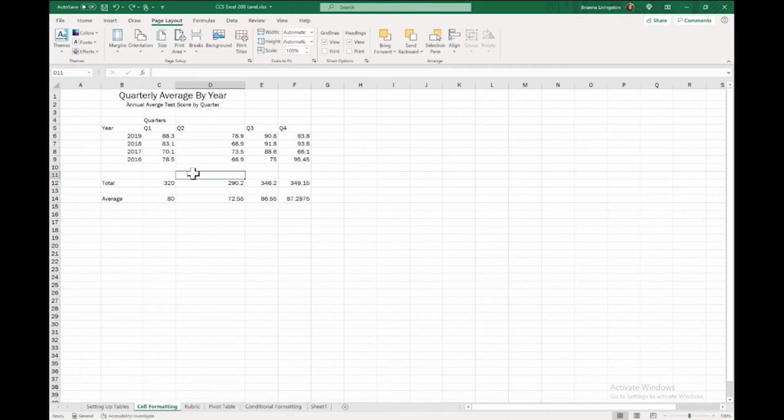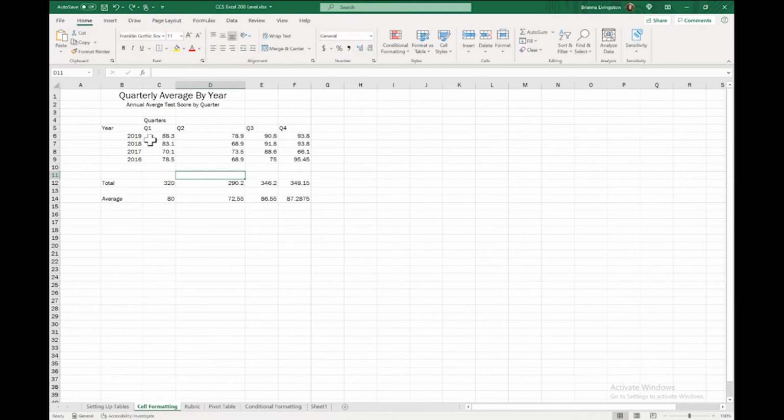Now we're going to look at some cell formatting, which is basically just, let's say you want to identify something in your data, but you don't need to turn it into a table because maybe this is not data that you want to change, or you want to lock these cells afterwards, but you want to highlight or identify certain trends in the data. You can do that just by simply formatting the cells without having to apply conditional formatting, which means you don't need it to actually look for a specific attribute to apply the formatting.